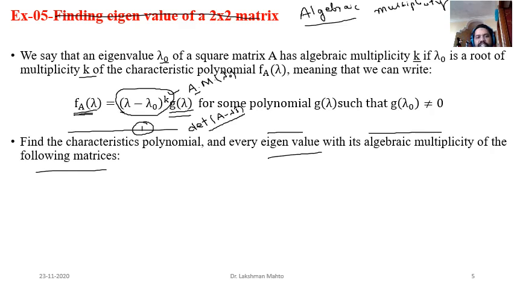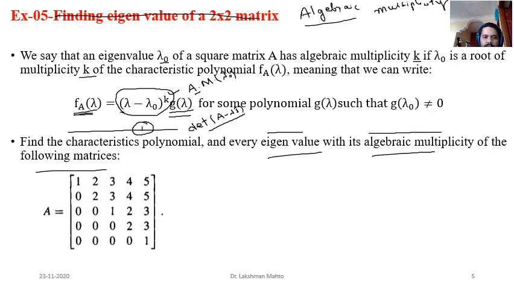That means how many times it is coming. So that number of times we will call the algebraic multiplicity of that eigenvalue. Here I have taken one example. You can see that it is a 5 by 5 matrix. So at most how many eigenvalues are possible? 5 eigenvalues are possible, and